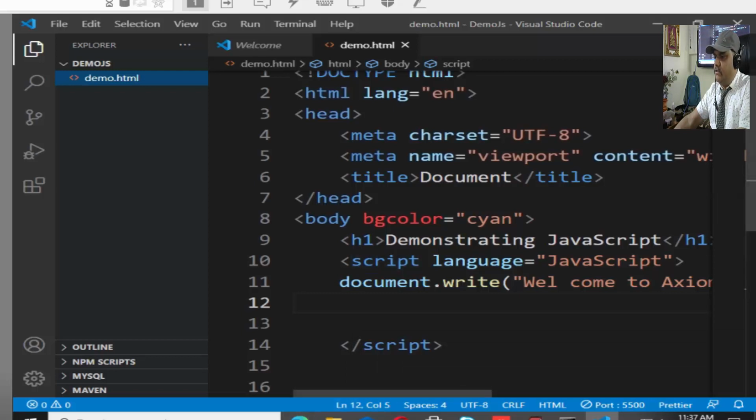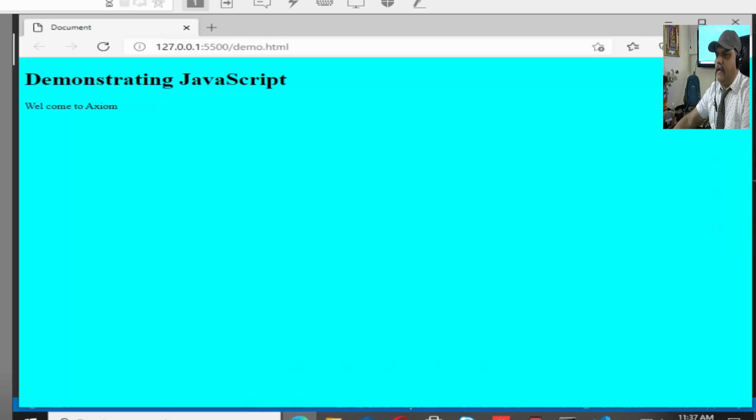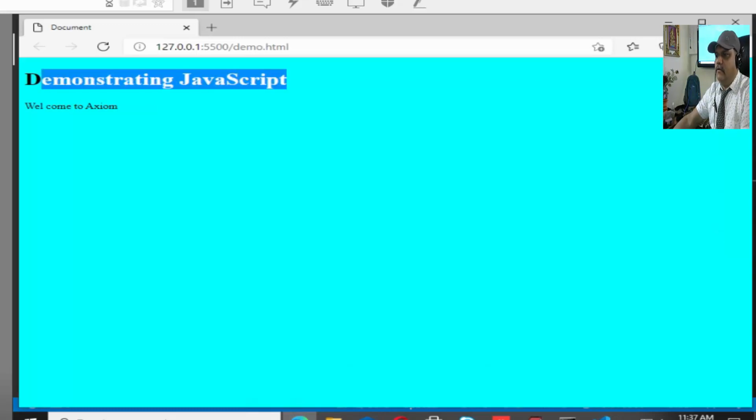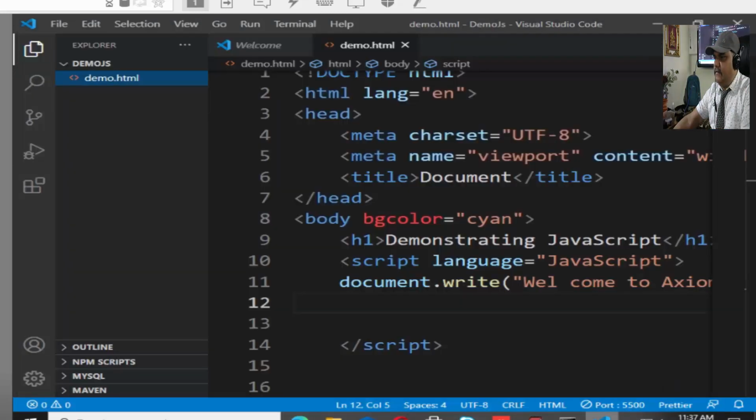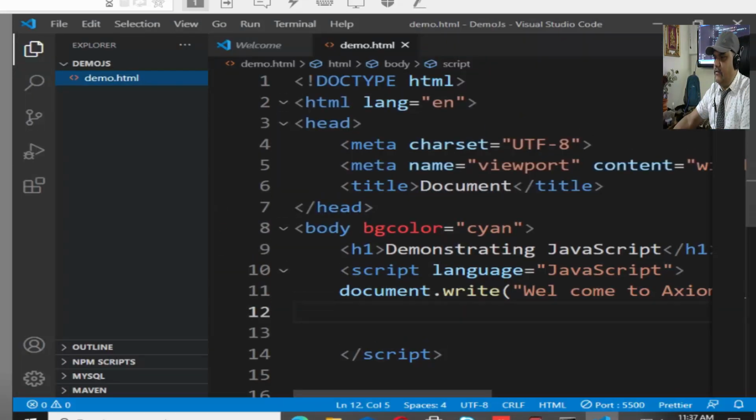It will take some time to open the server and all, and then I'll get the result over there, right? Yeah, here is the live server. Look here, demonstrating JavaScript, welcome to Axiom. The demonstrating JavaScript is a result of this